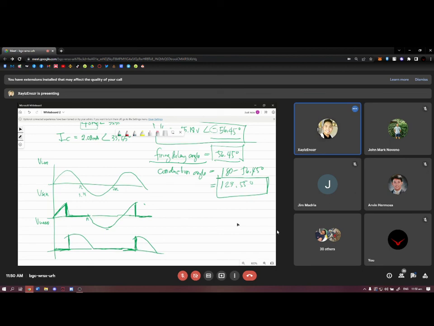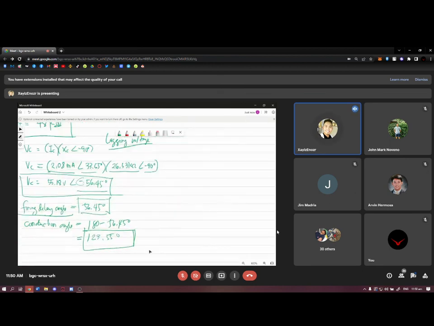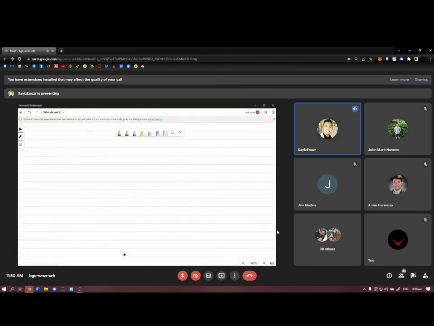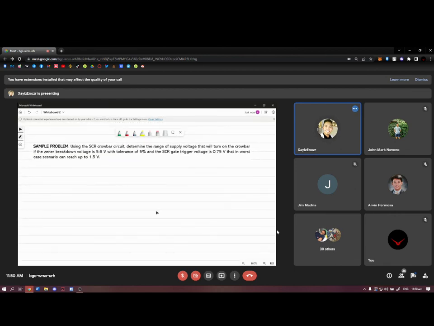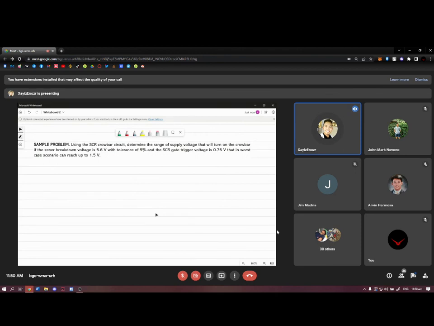Okay? So, meron pa tayo last. Madali na lang to. Last na to. Crowbar circuit lang ito. So, using the SCR crowbar circuit, determine the range of supply voltage to be turned on the crowbar. If the linear breakdown voltage is 5.6 volts with tolerance of 5%, and the SCR gate trigger voltage is 0.75 volts, that in worst case scenario can reach up to